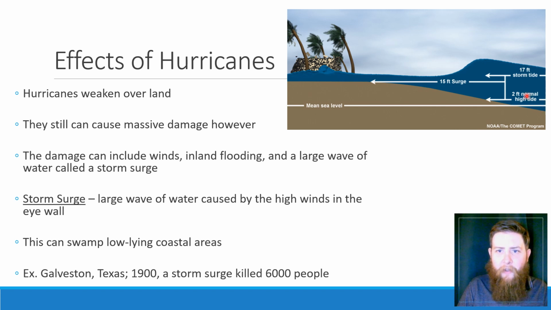But you can see here on this picture, this is the normal high tide down here. And then this storm tide and this storm surge was an additional 15 feet above high tide. So a lot of these coastal areas are not that much higher than sea level. So when we get this extra 15 feet of water, it is pretty devastating. But with a storm surge, if you see the ocean go out really far and then you see a big wave coming, that's what's happening. And usually by that time it's too late because these things move pretty quick.